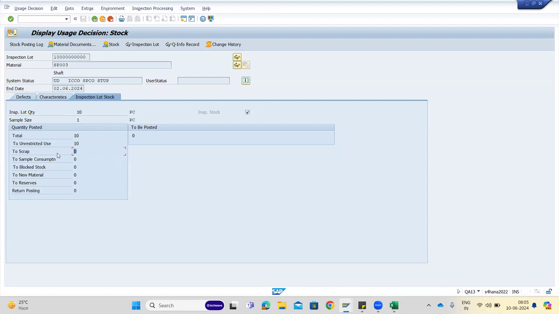This is just for look and feel. We will actually come to this. In the system, we know 6 is scrap, but in reality, it's up to the business what they do with that 6. If they want it to be in the system, they'll post it to blocked. If they say they cannot rework or do anything with this stock, they'll simply scrap it. So if they say 100 are produced, 90 are used,